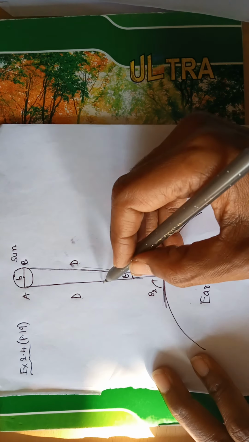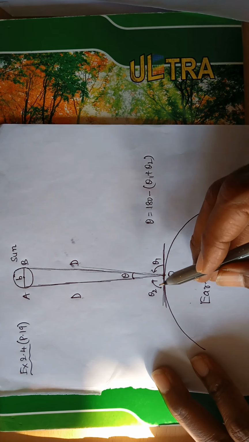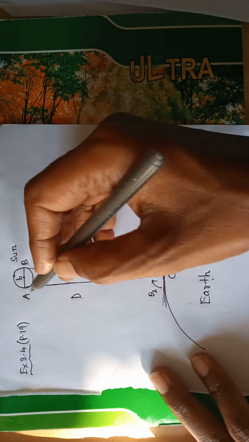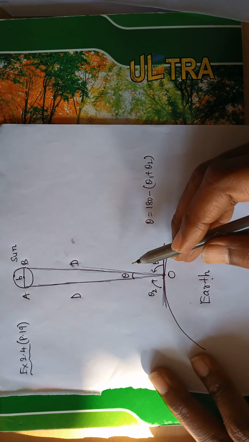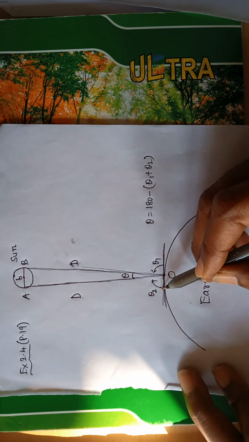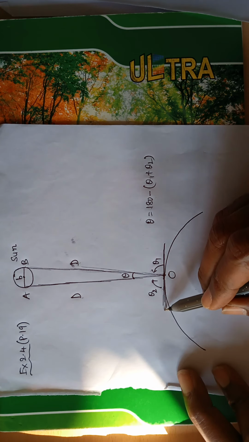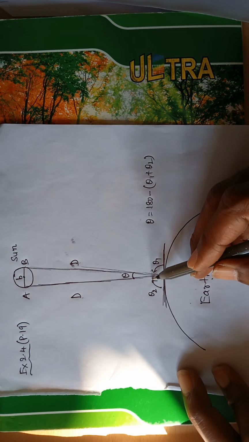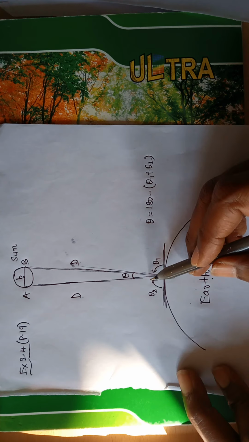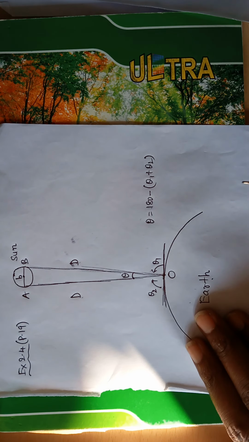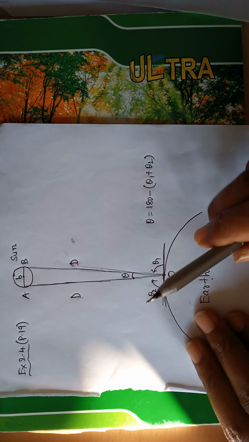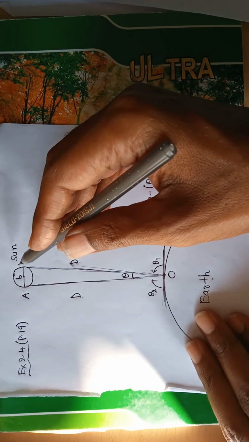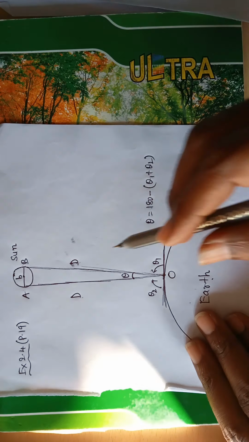You should be making use of a telescope along this line of sight. And when your telescope is focused to point A, then you keep it fixed and measure the angle theta 2. So this is the angle made with the horizontal plane. From the horizontal plane, this line of sight is making how much angle? Theta 2. So you measure this angle theta 2. Now you move the telescope from this position to this position. Now you look at the diametrically opposite point, that is B.